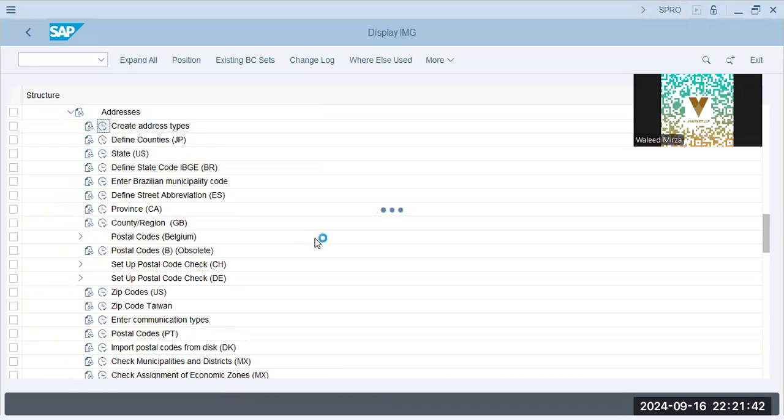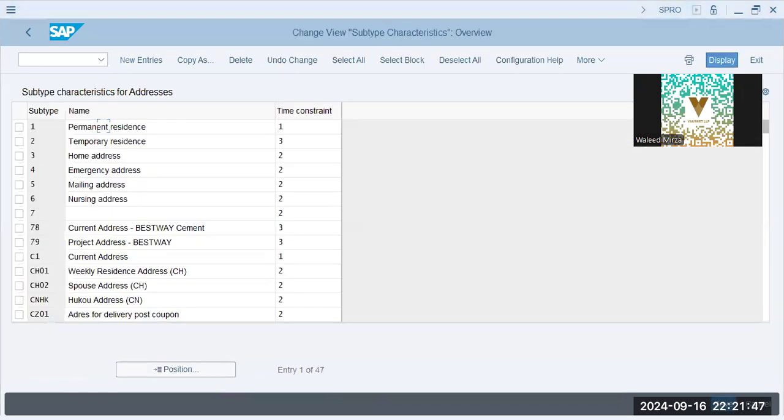So we can change the address types. We can introduce new custom-made addresses as well. Okay. So we can have current address. And for Benetton, what we can have is